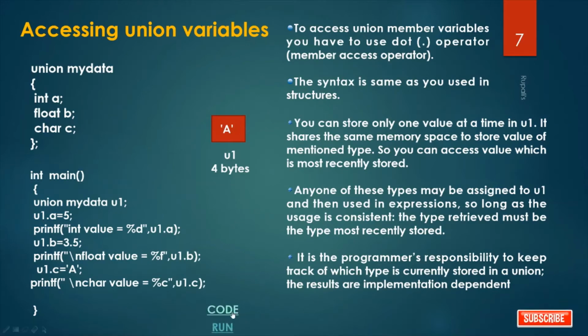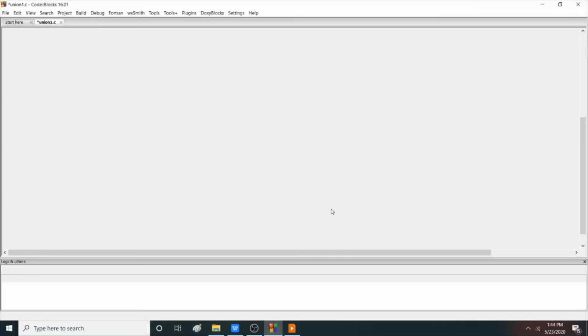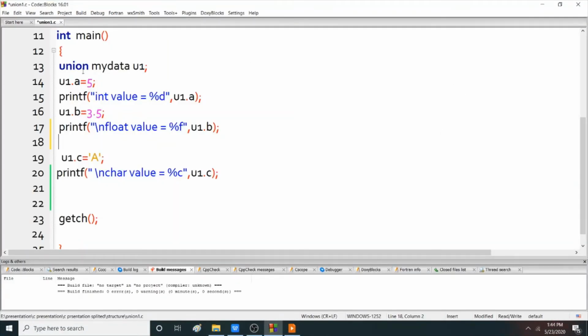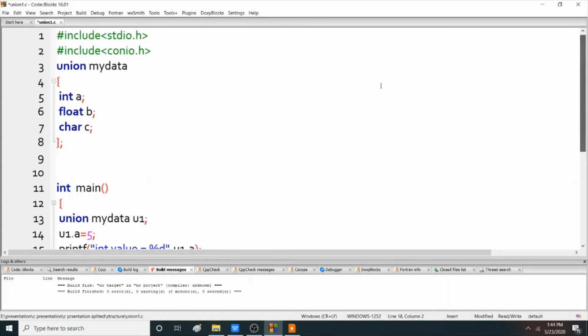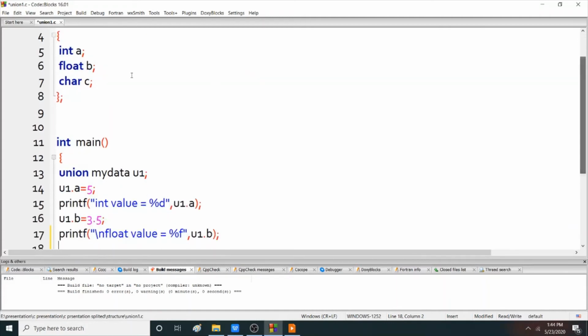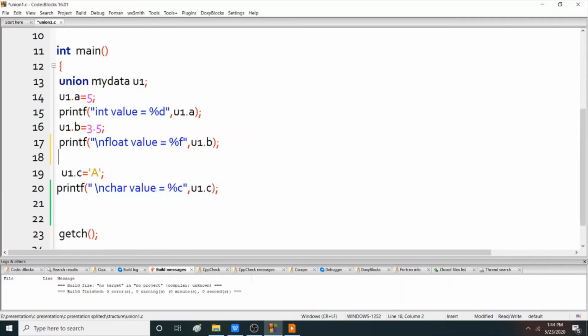So see the code when you run the program. This is our union my data with int a, float b, character c, and don't forget to give this semicolon. Now I declare one variable of type my data, u1. Then u1 dot a equals 5, you want to print 5, u1 dot b equals 3.5, you want to print 3.5, and u1 dot c equals a, you want to print a.